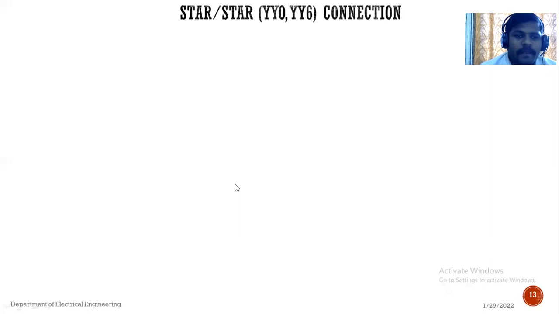Now today we will discuss the next type of connection, the star star connection. In that we will see two types of connection, star star 0 and star star 6. See, star star 0 means the primary of the transformer is connected in star,